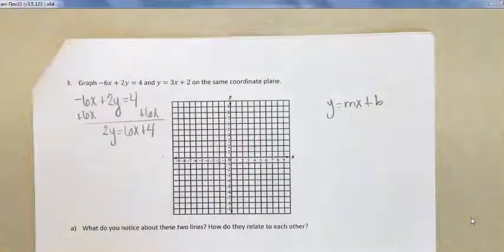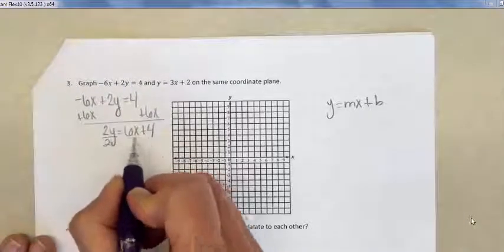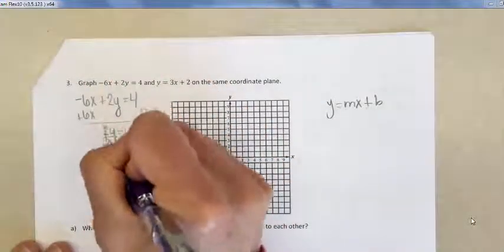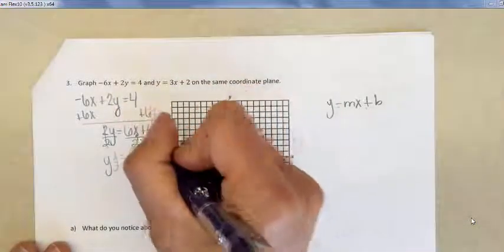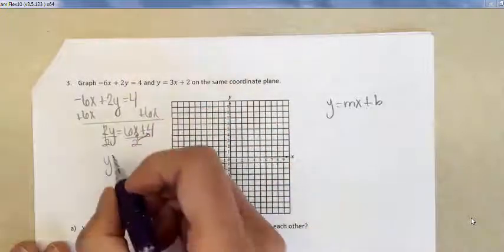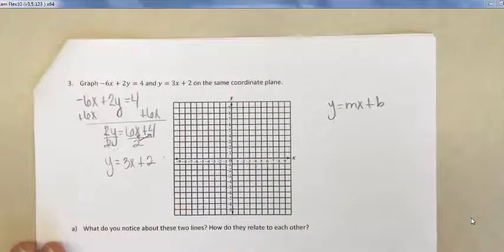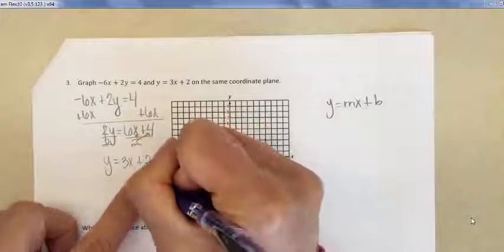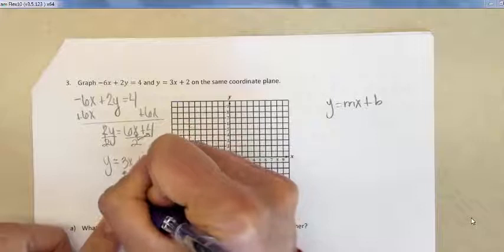Okay, and then I've still got to get y by itself, so what do I need to do now? Well, 2 is being multiplied to y, so to undo that, we divide both sides by 2, the entire side. So I get y equals, and remember, this whole side is being divided by 2, so I divide the 2 into 6x, and I also divide it into 4. So it looks like I get 3x plus 2. So my y-intercept here is 0, 2, and my slope is 3,